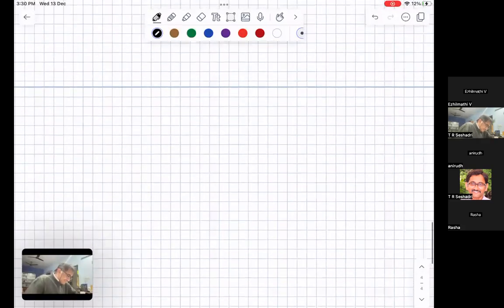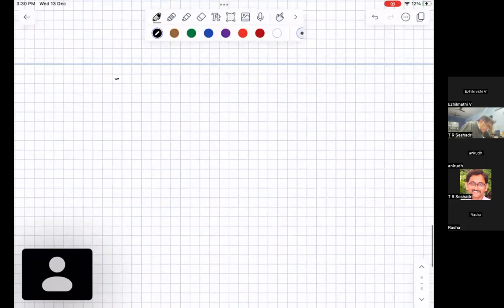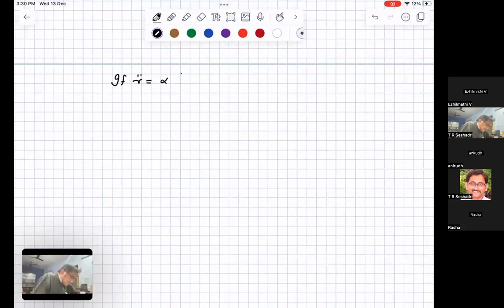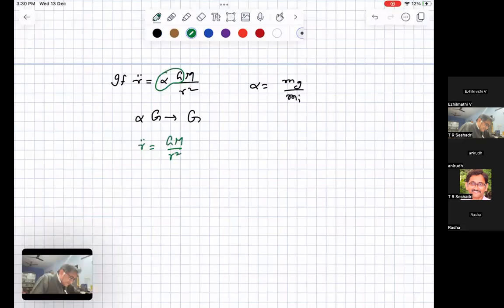Now suppose R double dot is equal to alpha m by R square, where alpha equal to mg by mi. I can redefine my alpha g as the new g, because I can absorb it in g. And so from now on I can say R double dot is equal to capital G m by R square. This is equivalent to saying